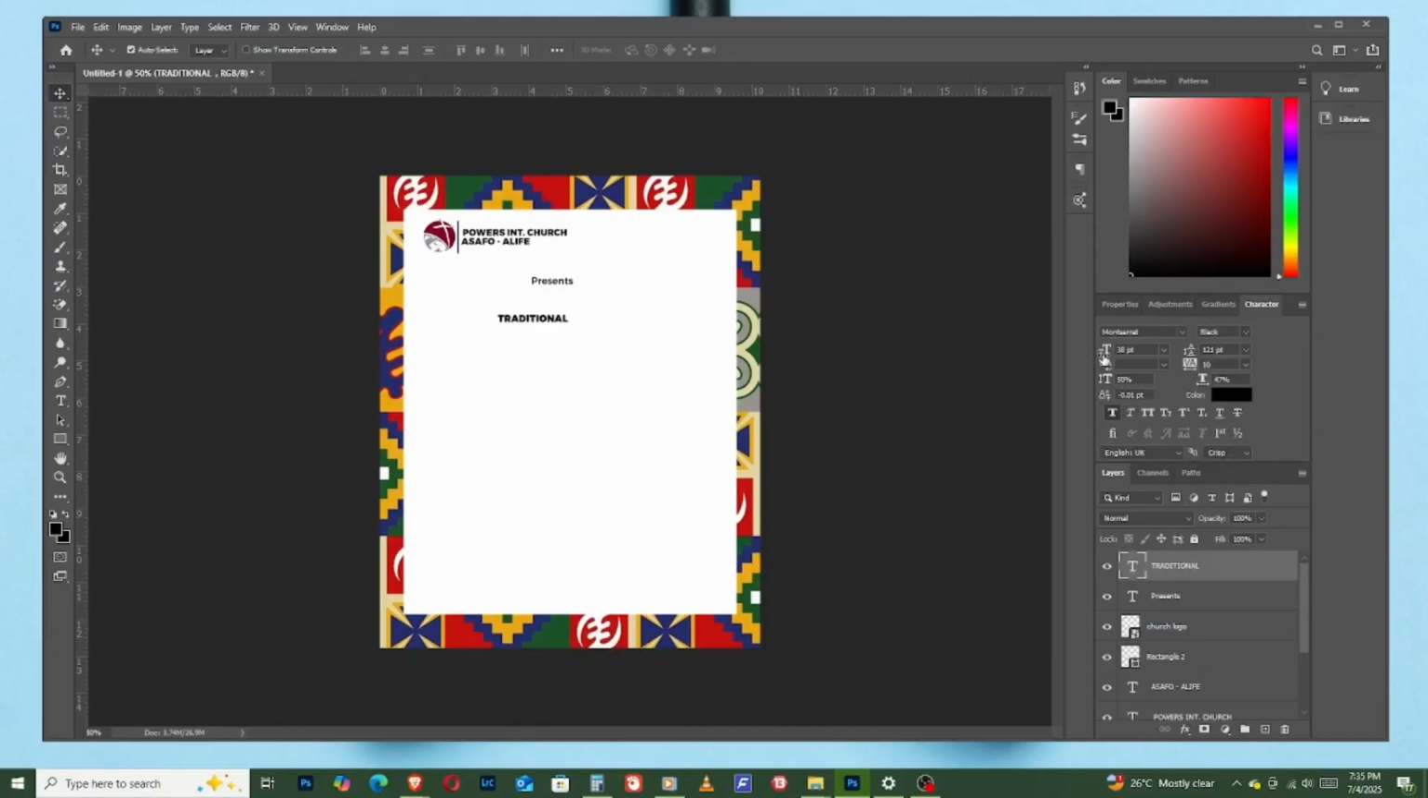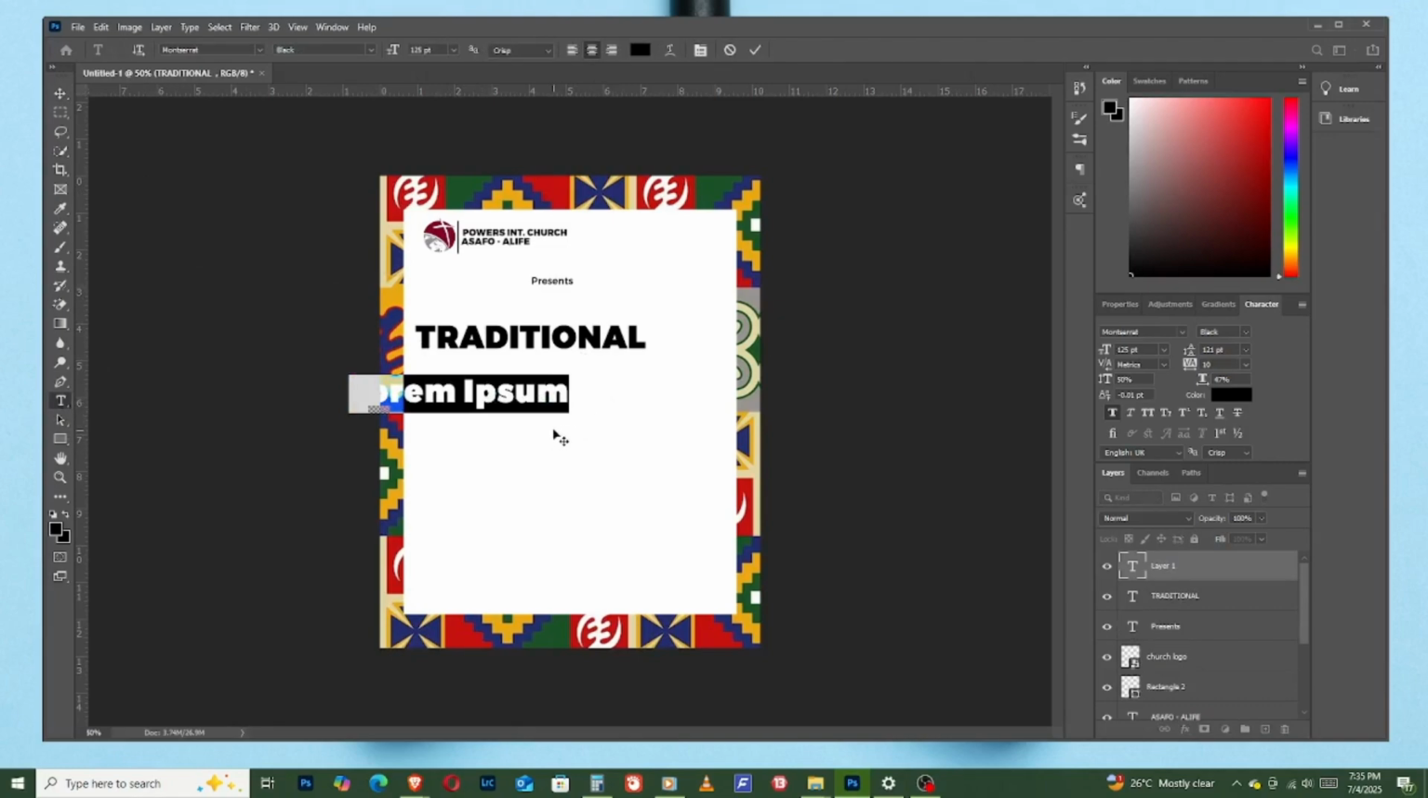The traditional is Montserrat. I'll make it a little bigger because that is the main title for the design that we are doing. I'll make it black. I'll actually make it a little bigger. Traditional. So if Sunday is your traditional service, make sure you get this one. So traditional. Then the next one will be,